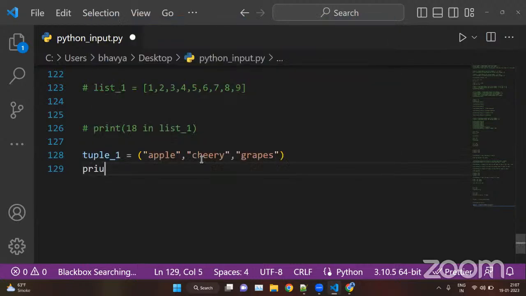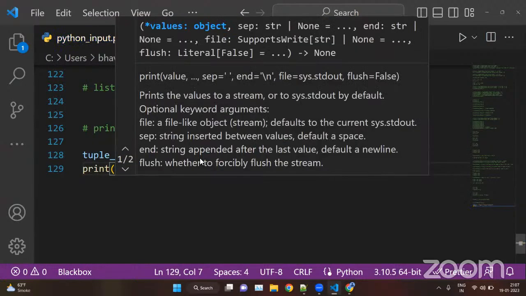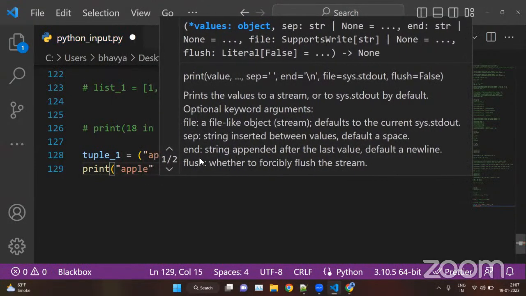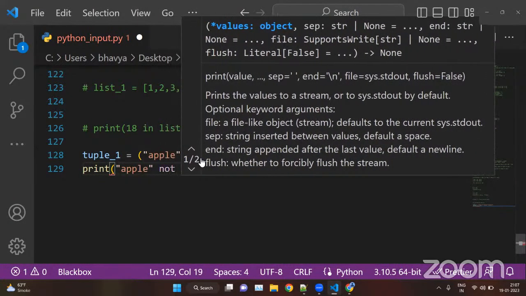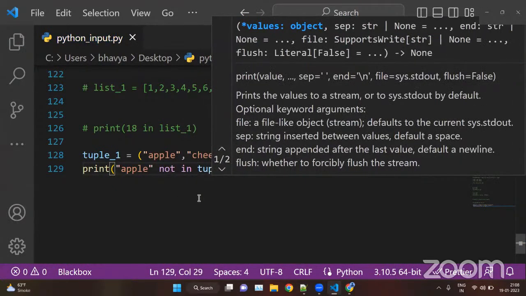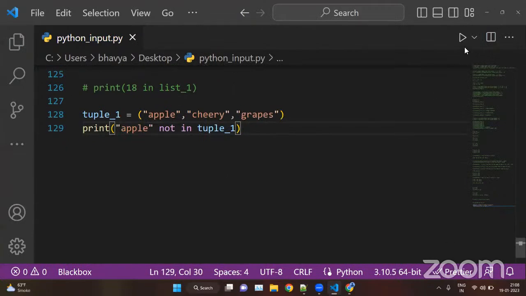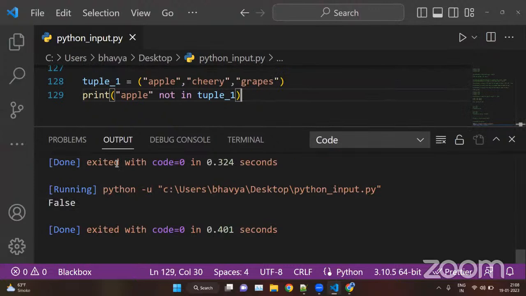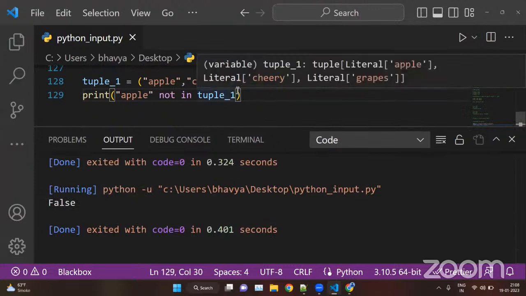So here we can check whether Apple not in tuple_1. So let's run it. So the answer is False because Apple is a part of tuple_1, but we are